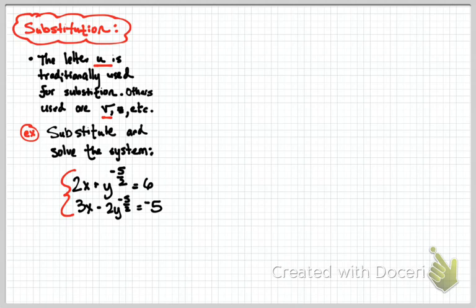Just negative 5 over 2? Okay. If you do that, how many variables do you have? You have 3. What's a better U substitution? Y to the negative 5 over 2. So a better U substitution here, and some of you guys were talking about this, is U equals Y to the negative 5 over 2. It's the whole thing. Exactly. And in this case, it's not only a better one, that's the only way it will allow you to solve. So it'll be 2x plus U equals 6,